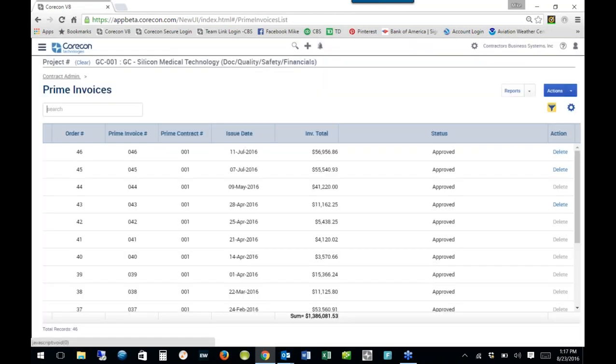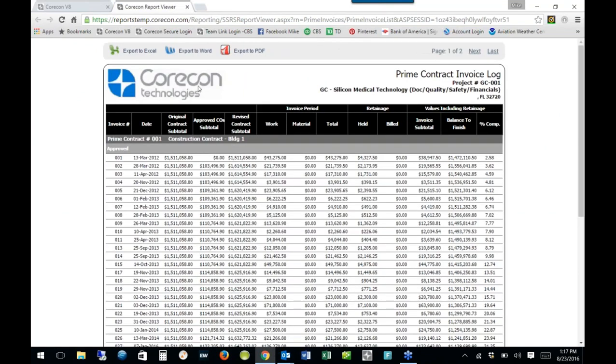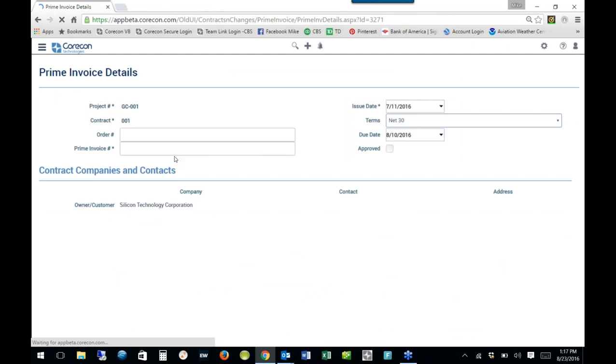And when we create documents in here, we always create what we call a listing. And these listings have different reports that you can customize. I'll just pull up one here which can be exported out to Excel or PDF or Word in any format. So this is a lot of nice information right available at your fingertips with the click of a button. Let's go ahead and double click and bring up an invoice